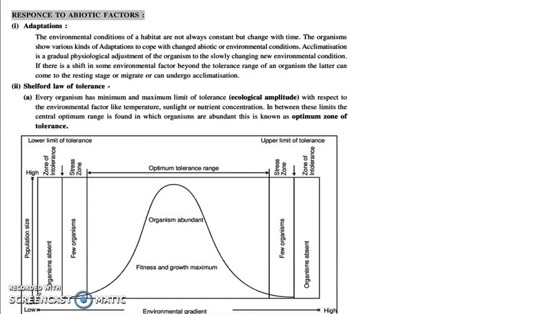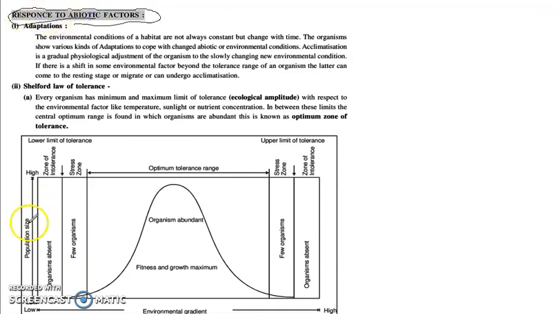Last class we discussed the abiotic factors that control the biotic factors of a biosphere, under the chapter called organism and population. Today, friends, we are going to learn about the abiotic factors that control the biotic factors, or in other words, the response to the biotic factors. What response do you have? This is called the response to biotic factors.